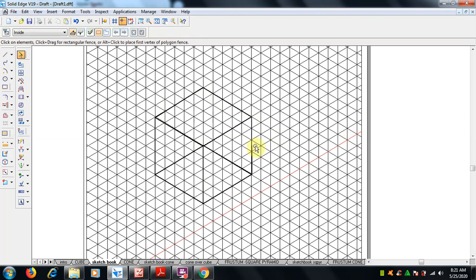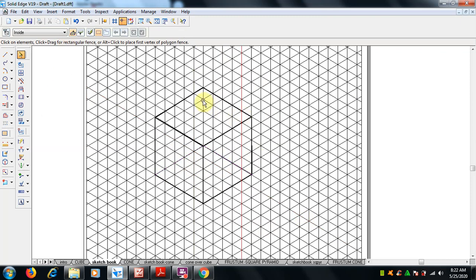I hope you understood this. Here again I say there are the base lines which are not needed, we can delete them by the erase command, or you can make it a hidden line or thin line to show that it's there.